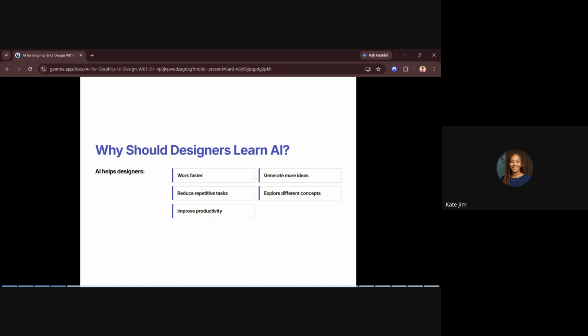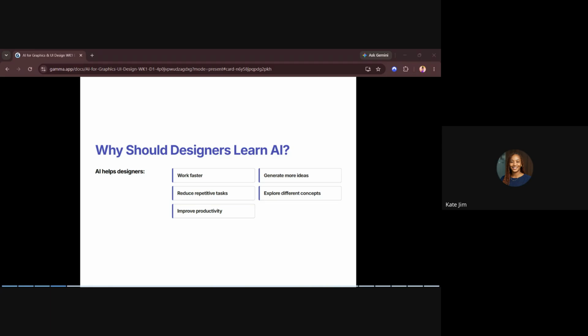Then the third one is that it reduces repetitive tasks. Yes, because in something like automation, let's say you are handling a social media account, your own personal brand, and you are supposed to be posting every Monday, Wednesday, and Friday. If you already have your content, you know the time that you're supposed to post. You don't have to keep going there to do the same thing over and over again. That's repetition. AI can help to reduce this repetitive task through automation.